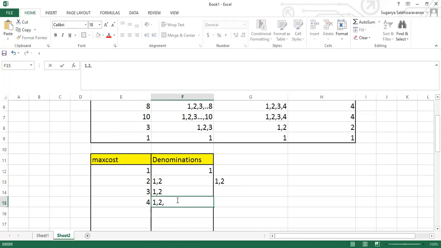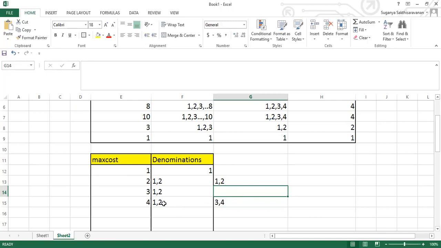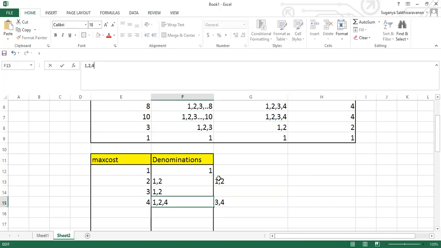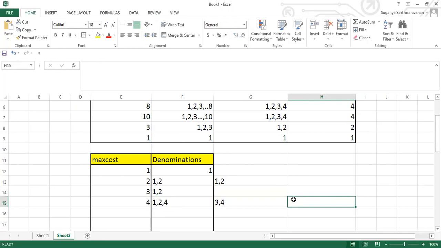And when you come to 4 rupees, I have 2 options. I can place 3 here as well as I can place 4 here. So when you have multiple options to be placed, 1 and 2 cannot form 4, so for sure I'm supposed to add one more rupee. For this, either I can have 3 rupees or 4 rupees, but it's always wiser to have the maximum denomination. The maximum denomination is 4 rupees. Now go ahead, I'll let you know the reason. If you add 3 rupees, only a particular condition will be satisfied. The remaining conditions will not be satisfied.